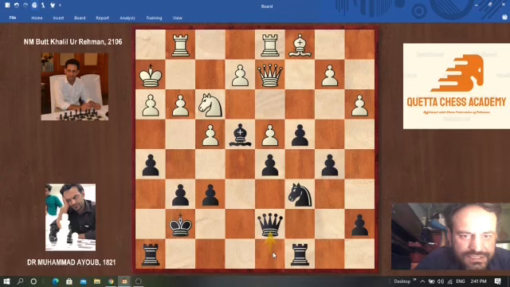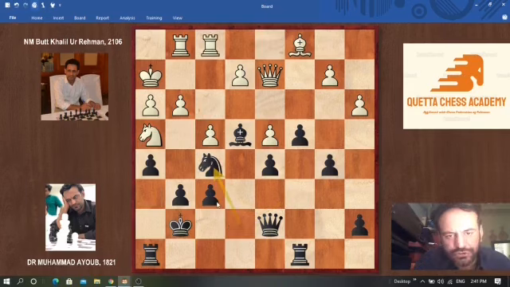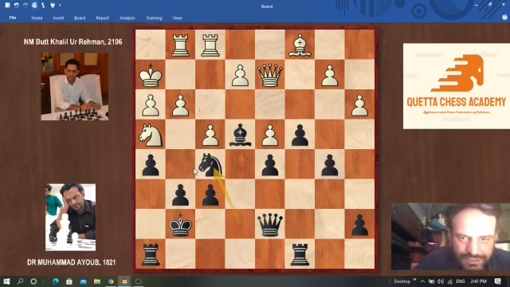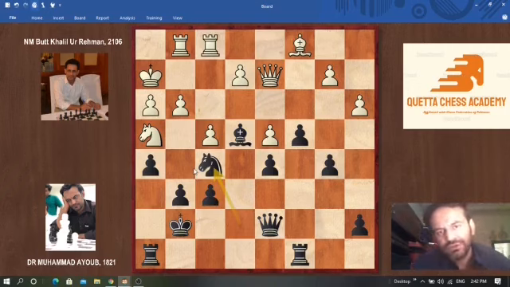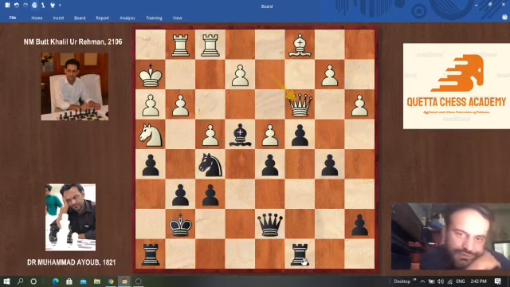He here moved the rook to f1, knight to f5, and there is nothing for him after taking the knight. So I will get an open e file as well as an attack on the h3 pawn. So he moved the queen to c3, and